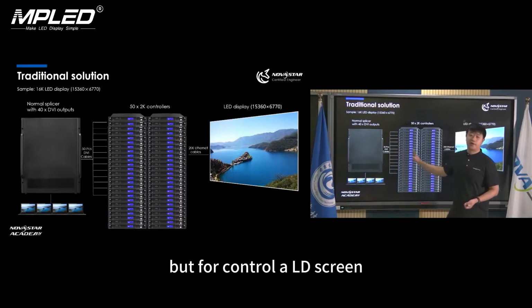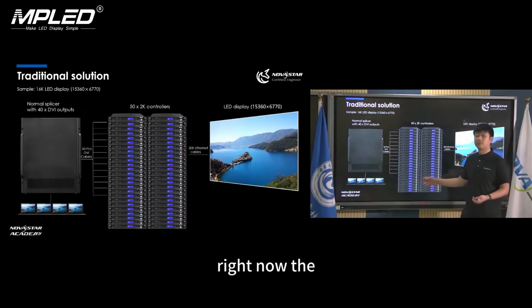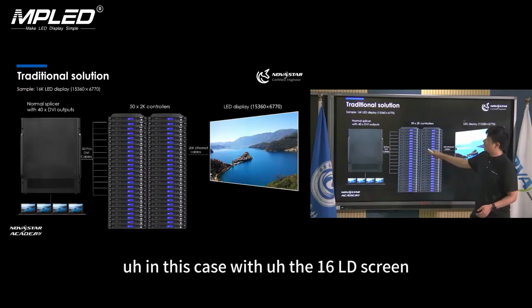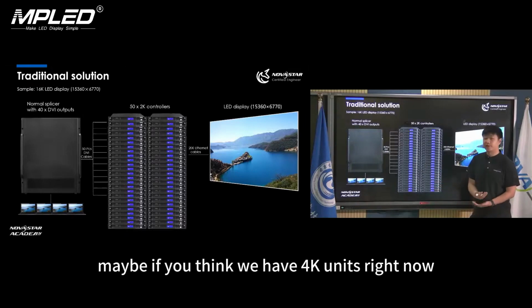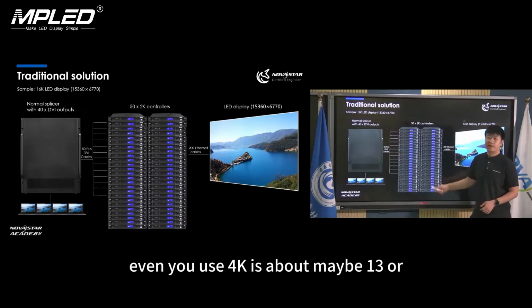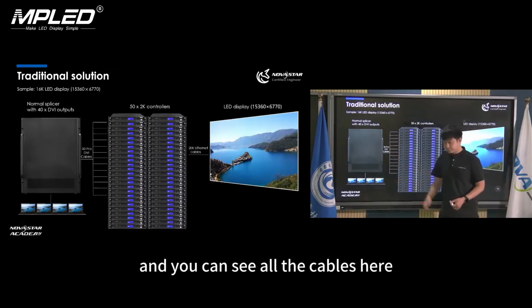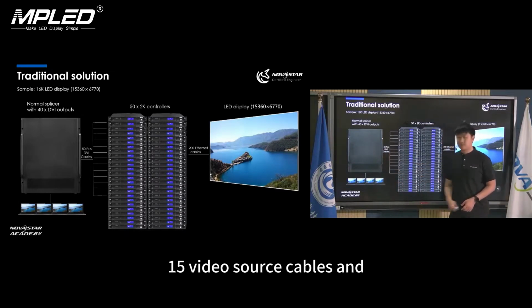But to control an LED screen, we do need an LED control system, so the traditional solution uses sending cards. In this case, with the 16K LED screen, they use 50 2K controllers. Even if you use 4K units, it's about maybe 13 or 15 controllers. And you can see all the cables here: 50 video source cables, and